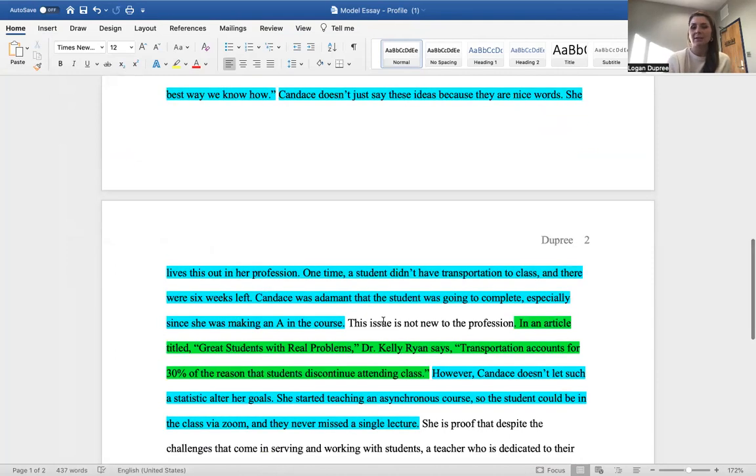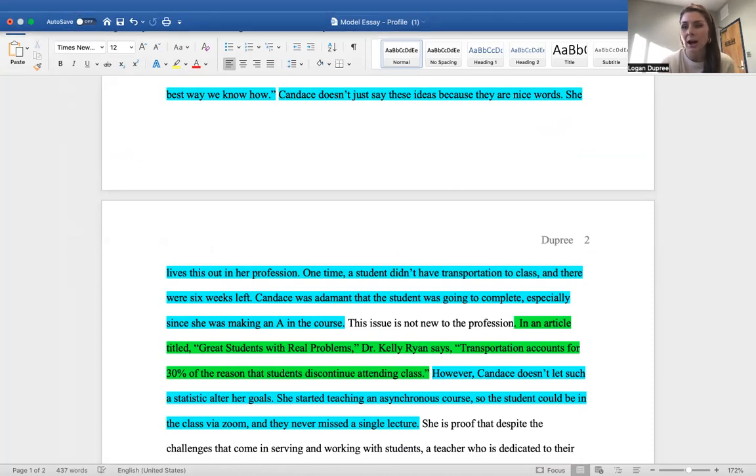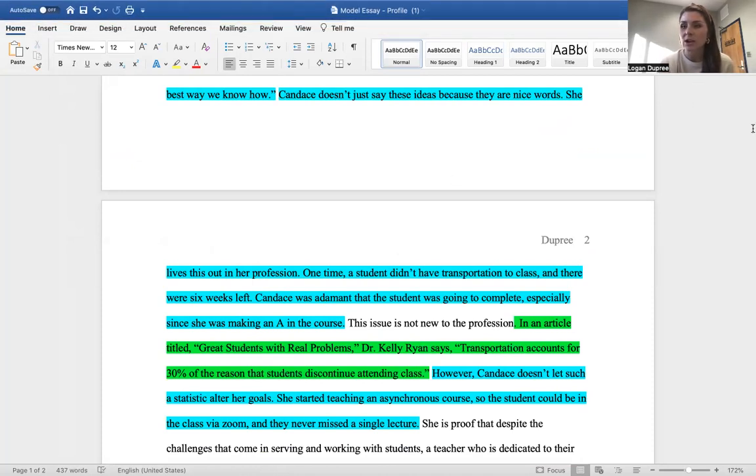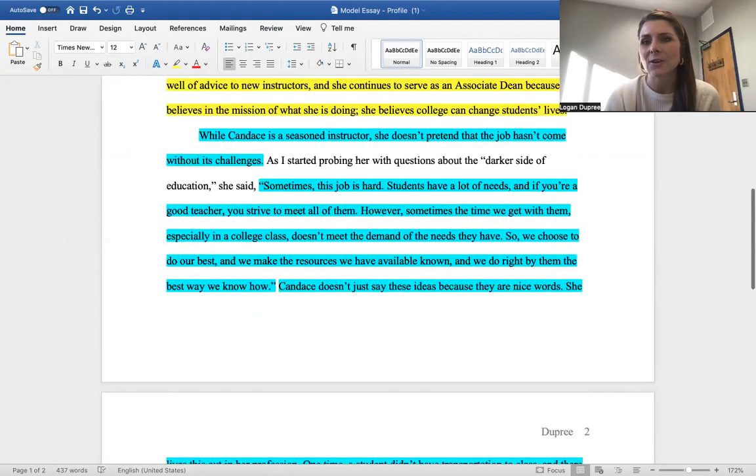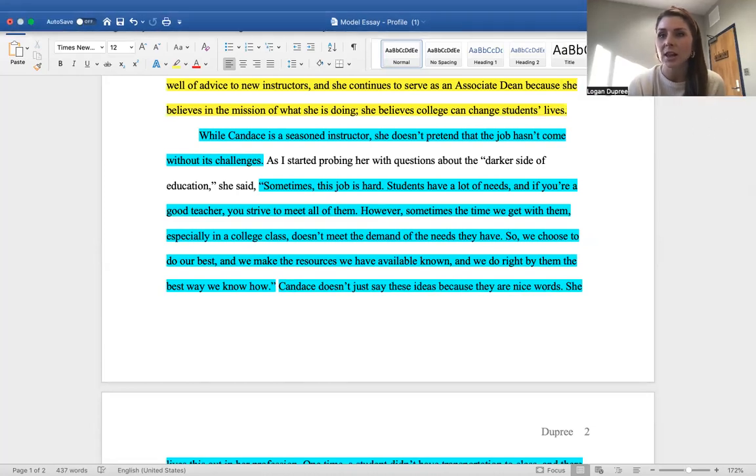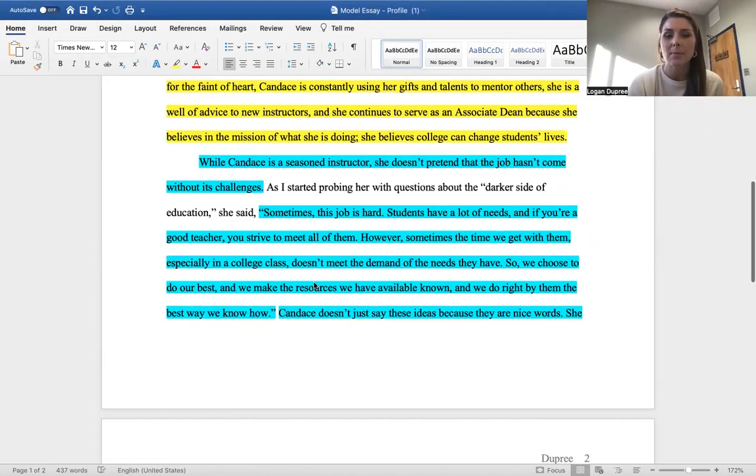Now, keep in mind, this full header should only be on the first page. It shouldn't be on any of the following pages. So that's just something small, but formatting is a part of your grade. So I just wanted to do some refreshers. That's something you should have covered in English 111, but it can be really easy for us to forget because if you don't write a lot of papers, then those are a lot of tedious rules to keep up with.